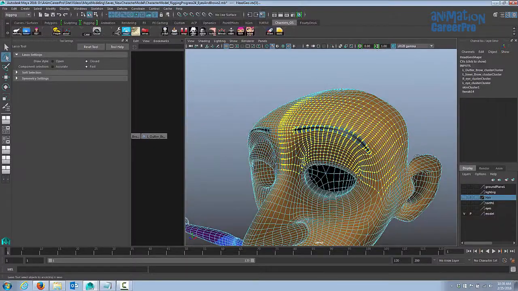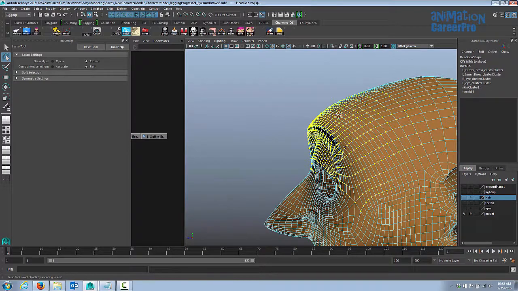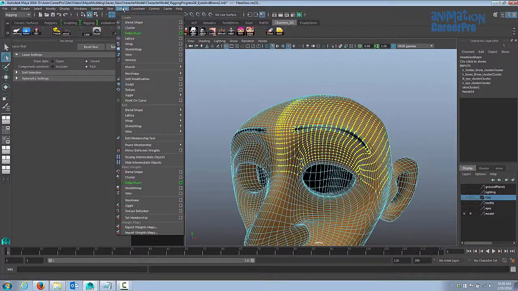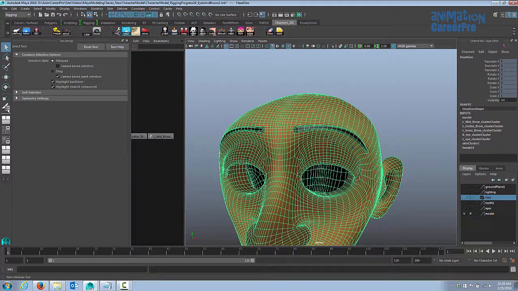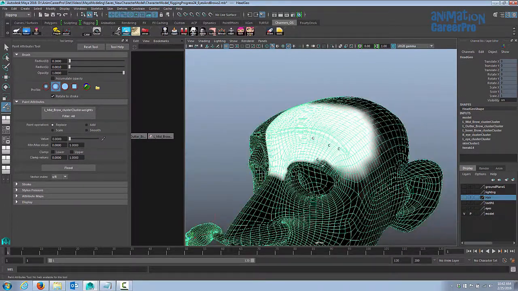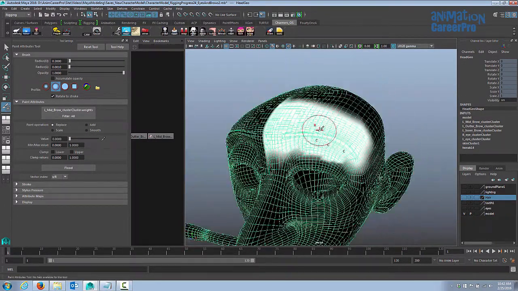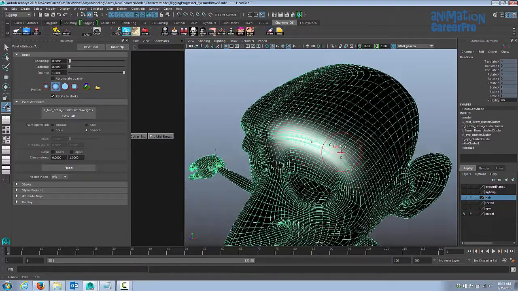Alright, because you can see that I went with a pretty large selection, and that's just so that I can have any bulgy areas sort of drop off. Let's go to our deform menu and we'll choose cluster. Alright, so this is going to be the left mid-brow cluster. Let's choose smooth here and we'll flood. I'm doing this about 8 or 10 times here.